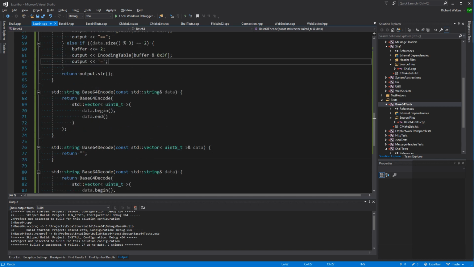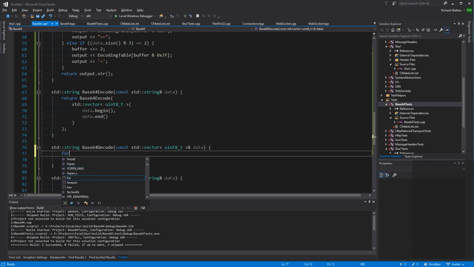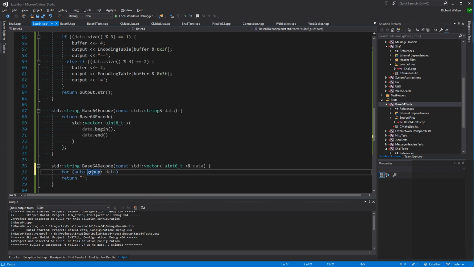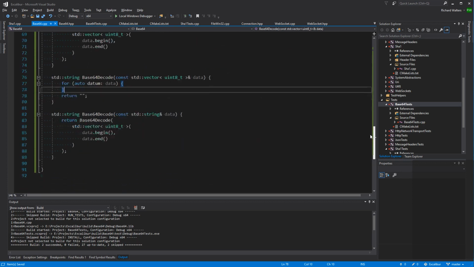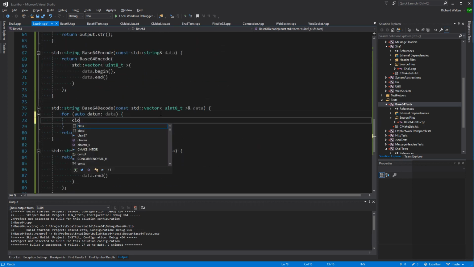All right, decoding. So it's going to be the same kind of thing. For auto group in data. Actually, we'll just say datum in data, but each one of these we need to look up in the decoding table. Const auto entry equals